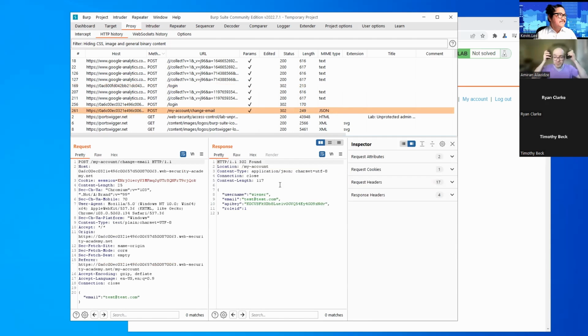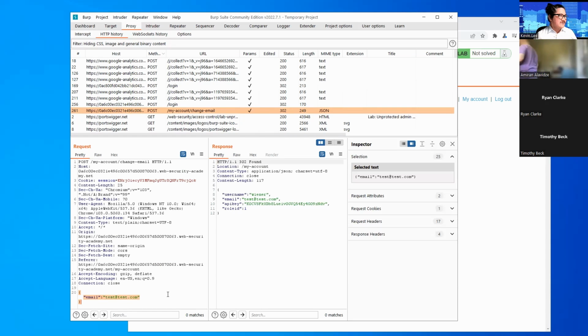So click on that, and we can see that the POST request included what is known as JSON data. The JSON data here in the body included an email parameter with test@test.com as our value, which is what we provided to the app.